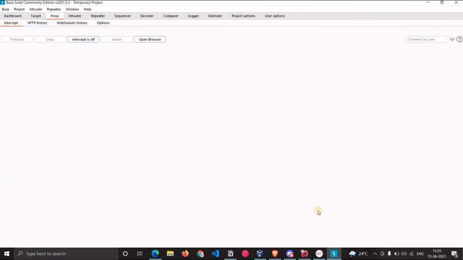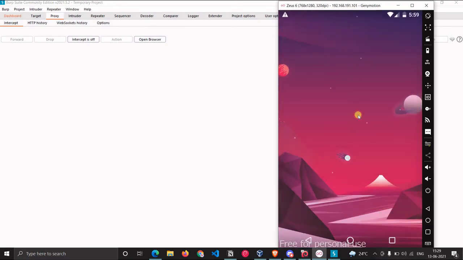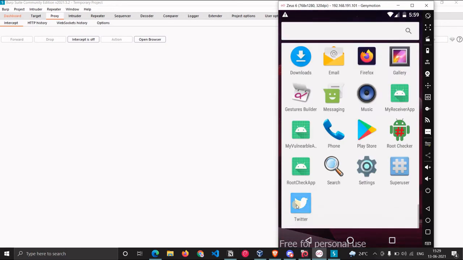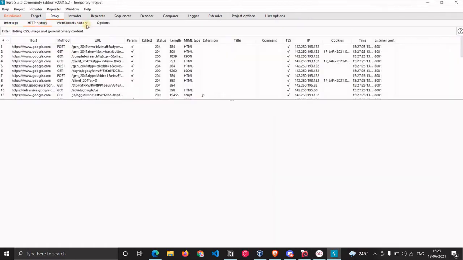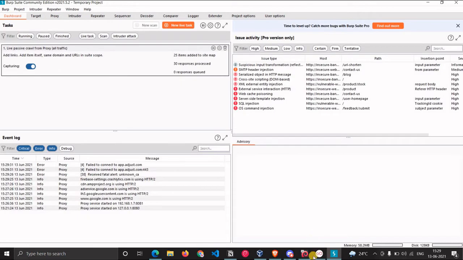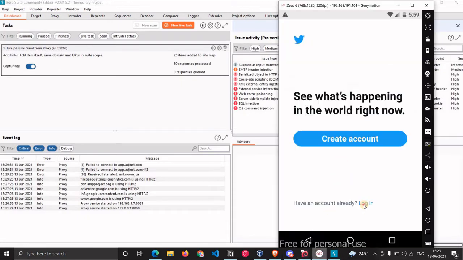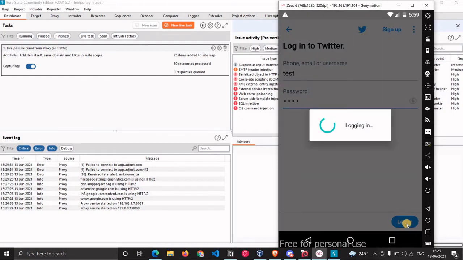But since we are talking about SSL pinning, we are taking the condition wherein the particular application is using SSL pinning, so that we cannot intercept the traffic. So now if you check the Twitter application, let's see.